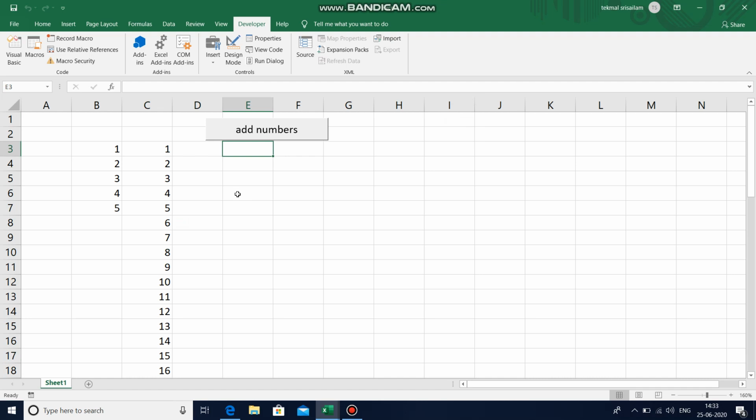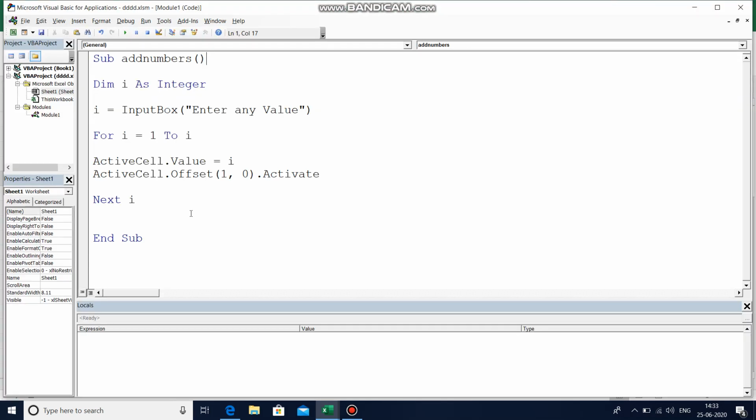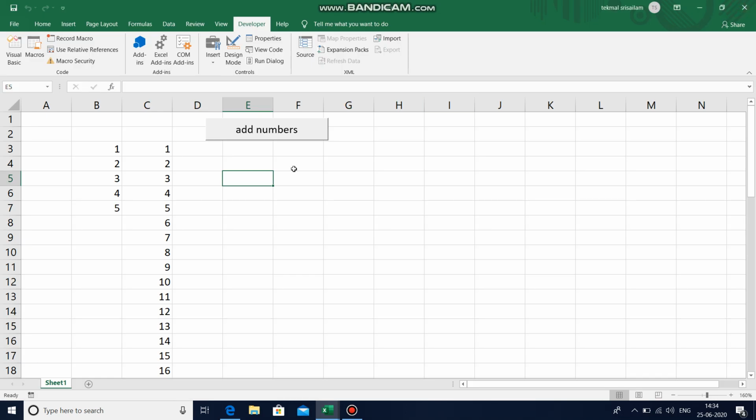So this is how we can do programming of automatically adding serial numbers in a selected column. This code is very simple and easy, isn't it? Hope you understood the concept of adding serial numbers using VB code.